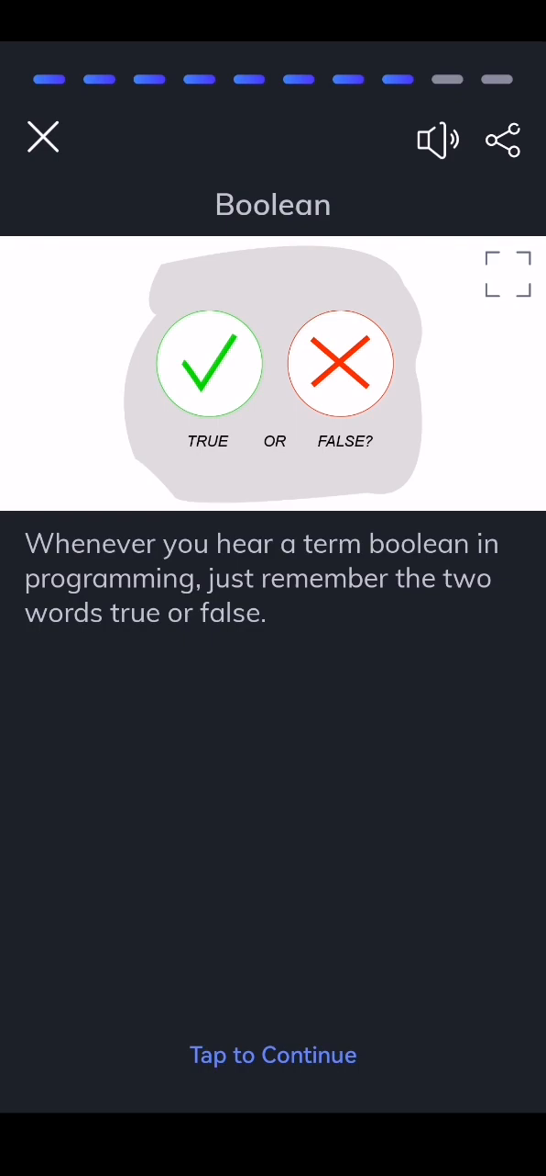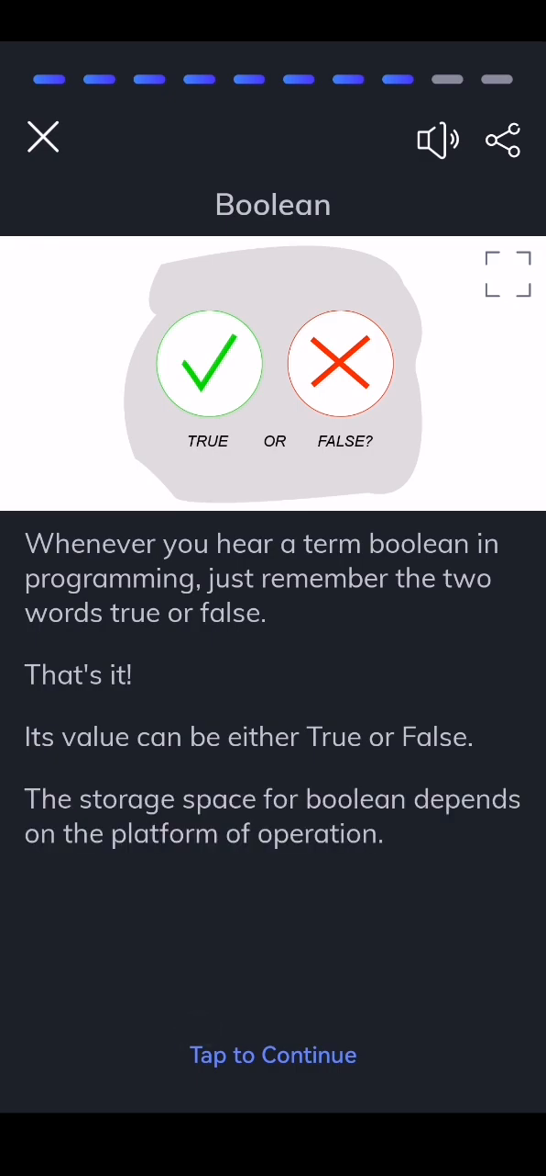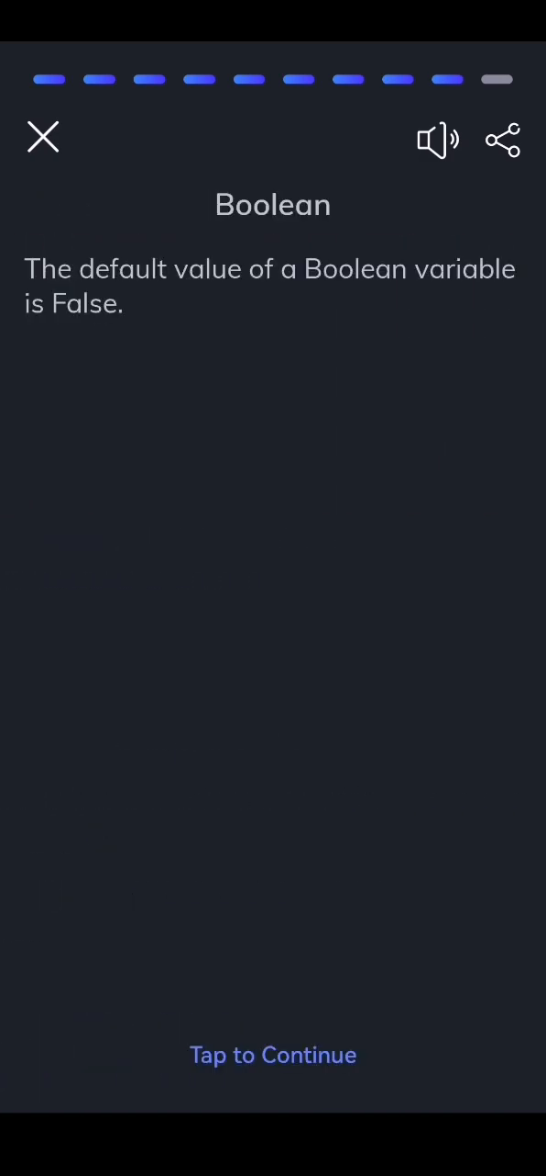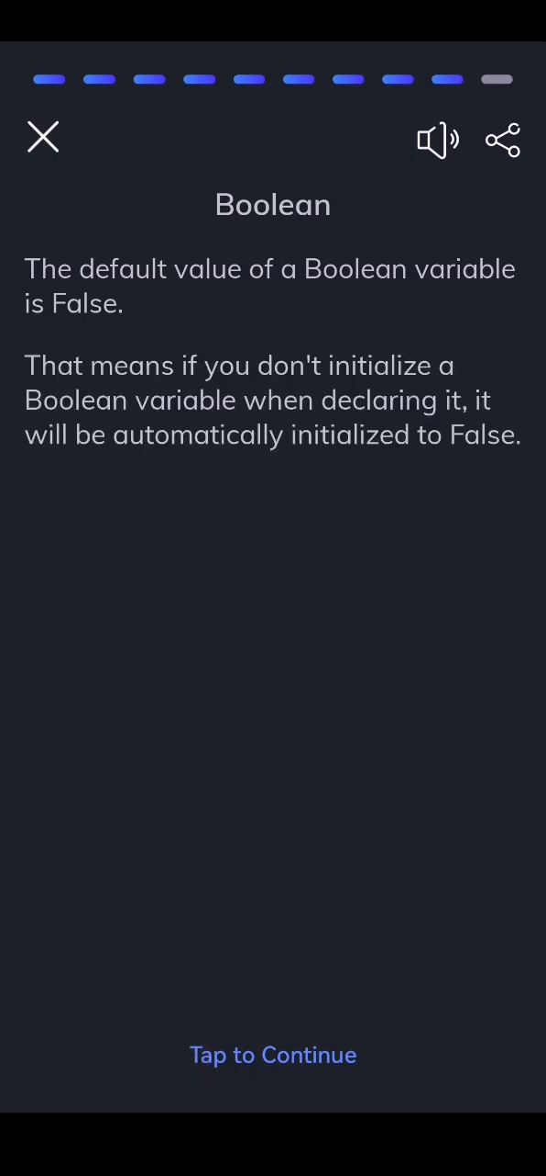Whenever you hear the term Boolean in programming, just remember the two words true or false. That's it. Its value can be either true or false. The storage space for Boolean depends on the platform of operation. Boolean and String are similar to each other in terms of storage space. The default value of a Boolean variable is false. That means if you don't initialize a Boolean variable when declaring it, it will be automatically initialized to false. For example,